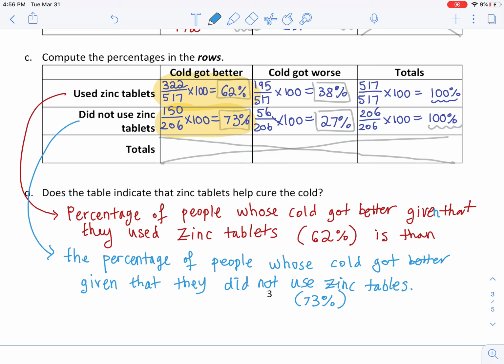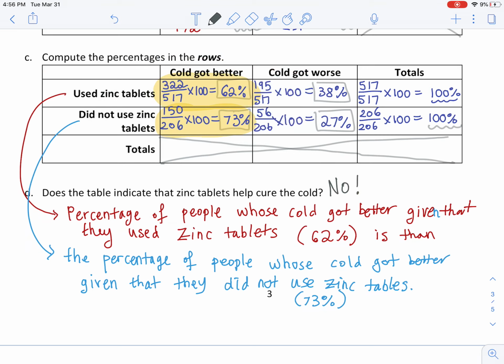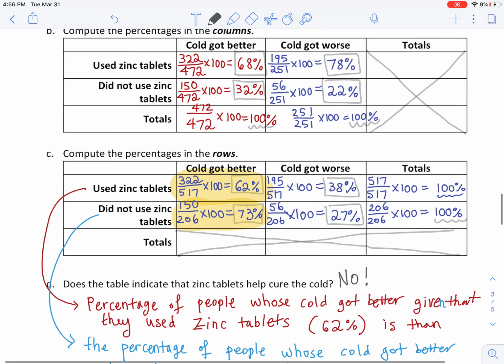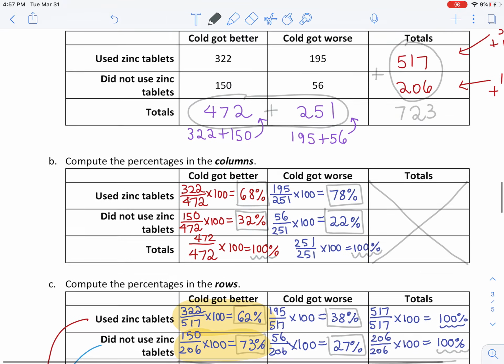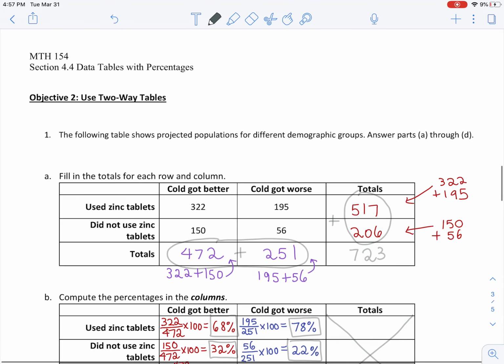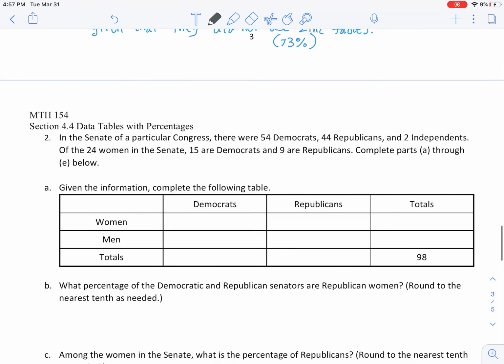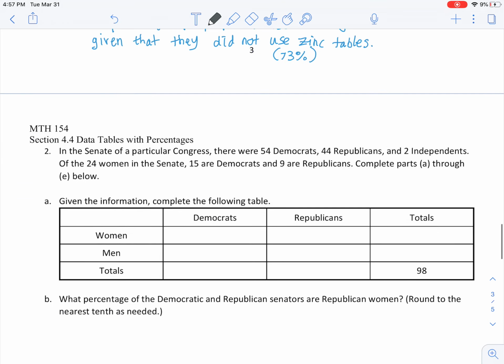But because of this reason, what we can say is, does the table indicate that zinc tablets help cure the cold? Well, my answer will be no, for that reason that we wrote down together just here, okay? So, these are kind of fun because these two-way tables, if you fill them out, we can draw some cool conclusions about different things. So I'm going to come back, because I've got to go and charge my Apple Pen a little bit, and I will come back and record the second table, this one, and the